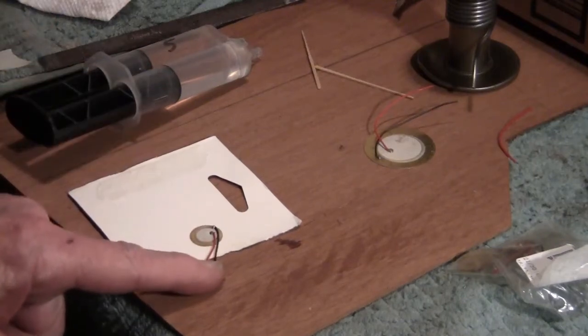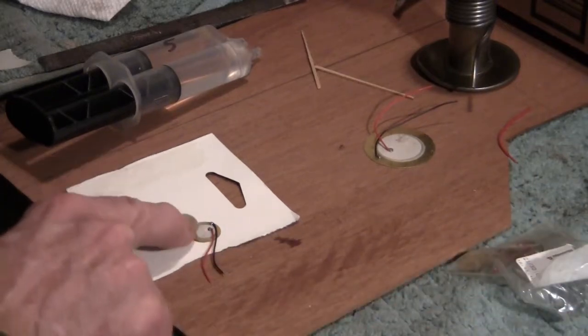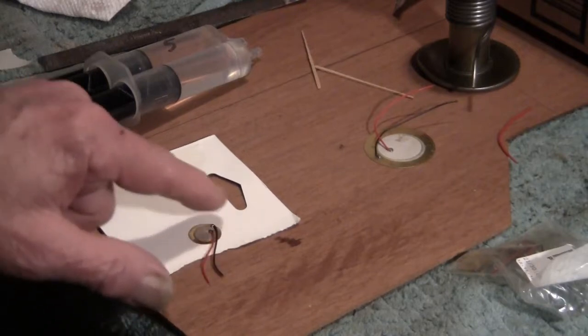You solder two wires here and solder them to a jack, and glue this to the underside of the top. And if you do that, you'll have a pickup that sounds terrible. The pickup has to be attenuated. You also have to solder it. These joints are very